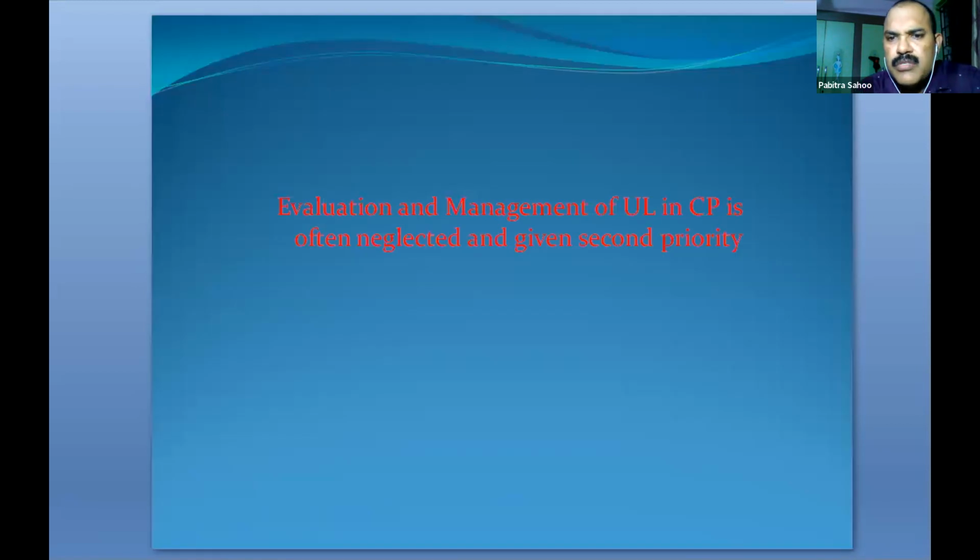So evaluation and management of the upper limb in cerebral palsy is often neglected and always given second priority. Ambulation being the first priority, management always centers around the lower limb deformities. Rarely do we think about the upper limb. Even for the parents, the first priority is ambulation. So long as they are able to carry their child,